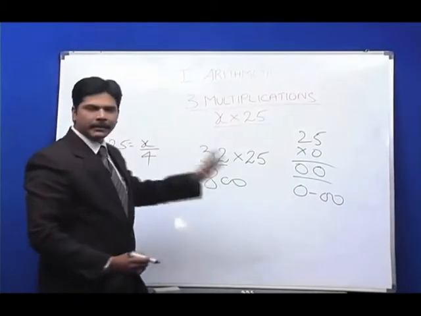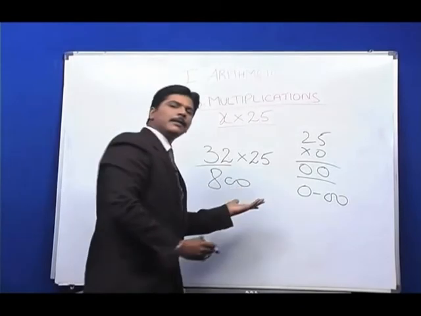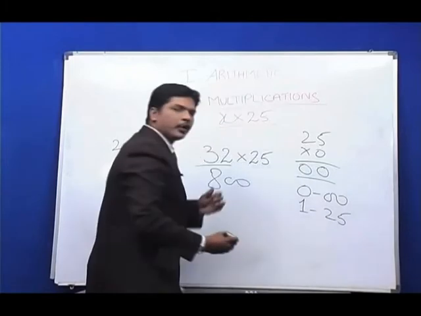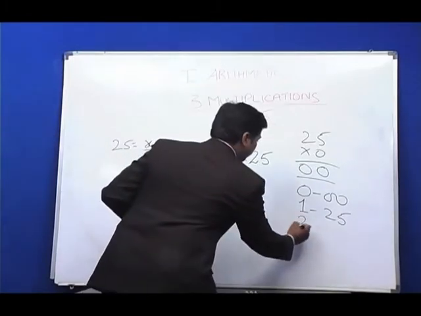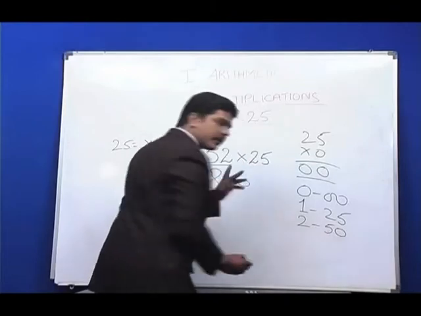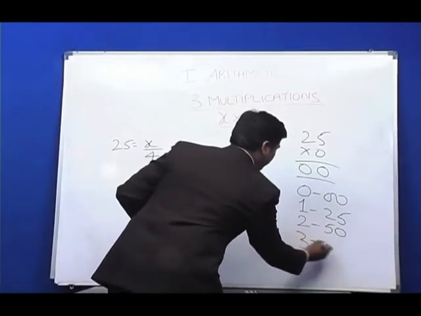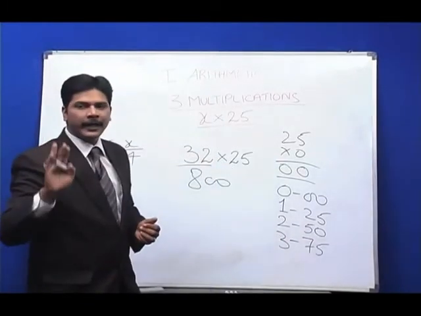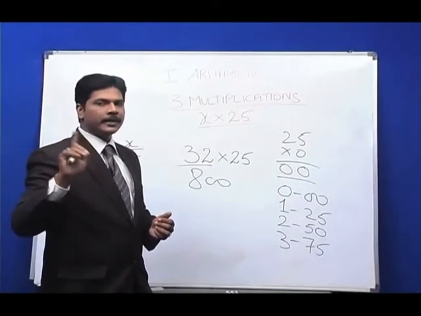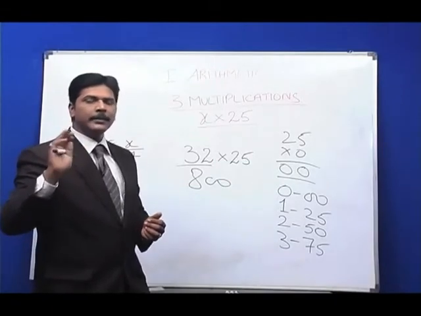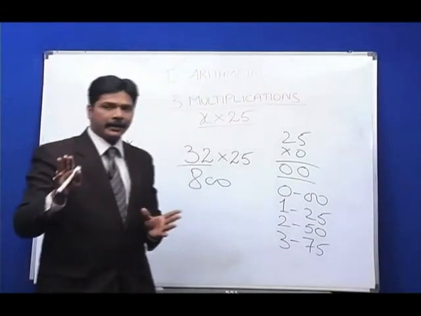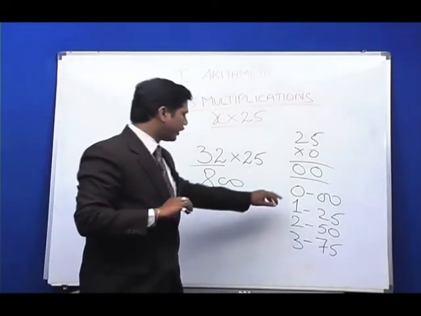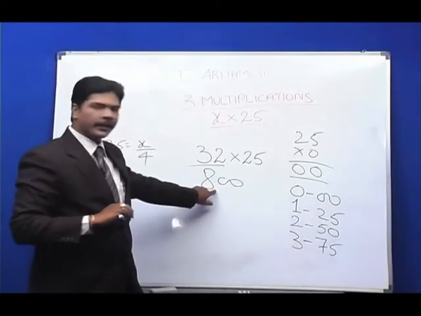When you are dividing any number by 4, we may also get remainder 1. When you get remainder 1, multiply 1 into 25 and the answer will end with 25. You may also get remainder 2. If you get remainder 2, the answer ends in 50 because 2 into 25 is 50. You may also get remainder 3. If you get remainder 3, the answer ends in 75, and you will never get remainder 4. When you are dividing any number by 4, we get remainder 0, 1, 2, 3 but not 4. Similarly, if you are dividing any number by 8, we get remainder 0 to 7 but not 8, and so forth. Since the remainder was 0 here, we put 2 zeros after it and that's the answer.